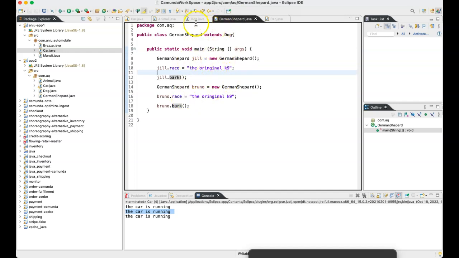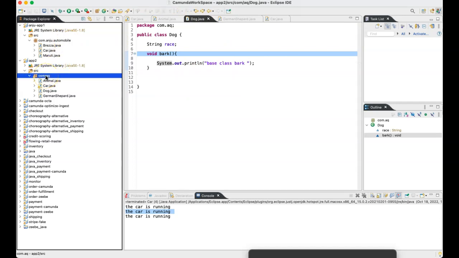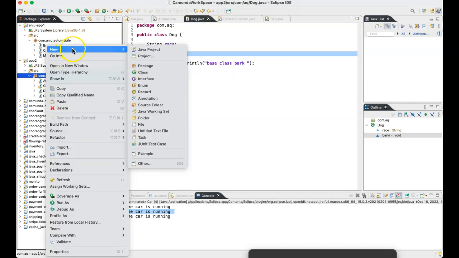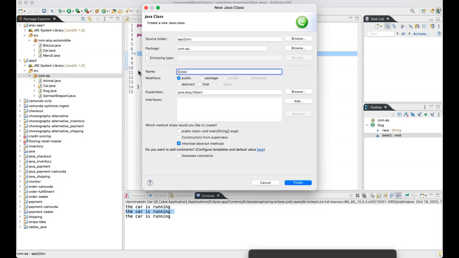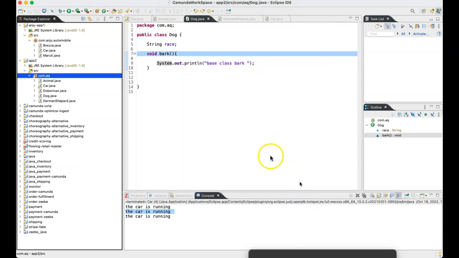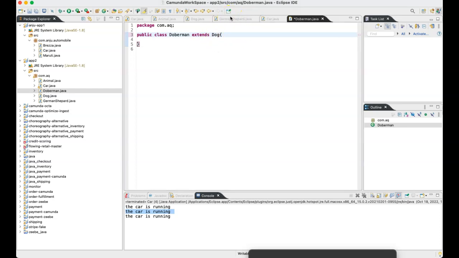In the same way, I can also create one more class. Yes or no? I can create one more class extending dog. I can call it Doberman. Is Doberman a dog? Yes. I can say extend dog, exactly similar to this.